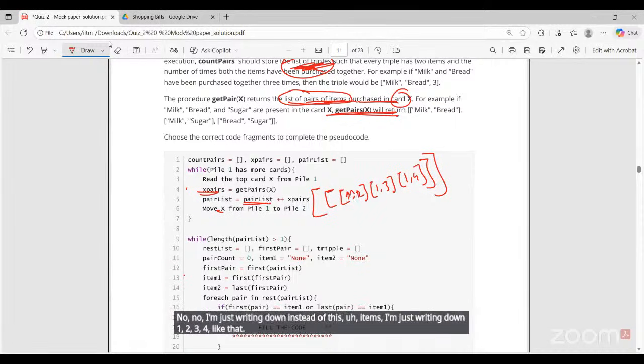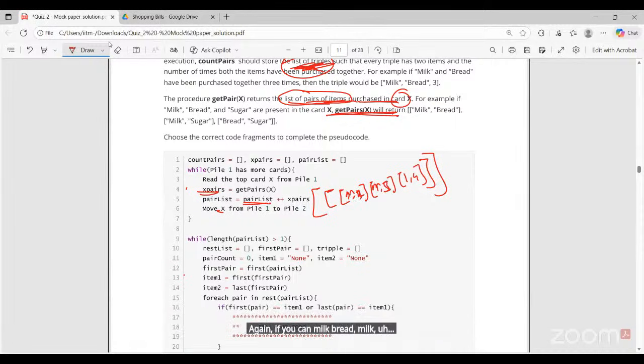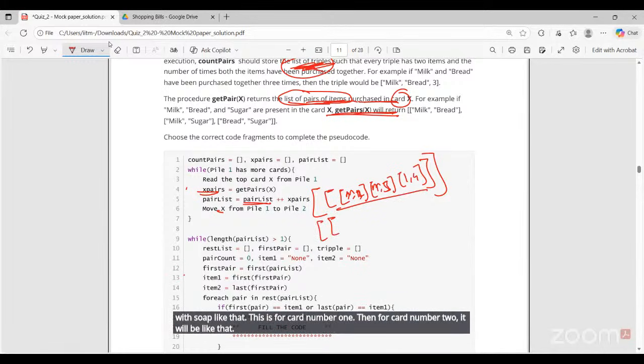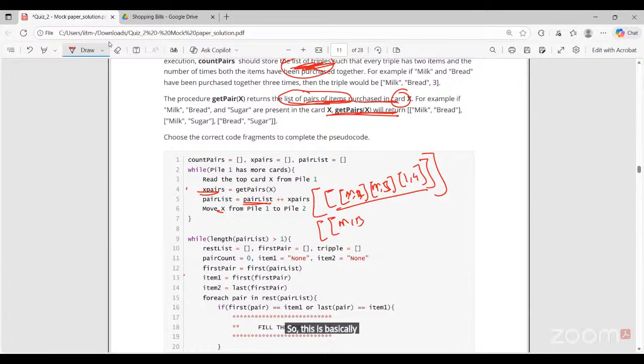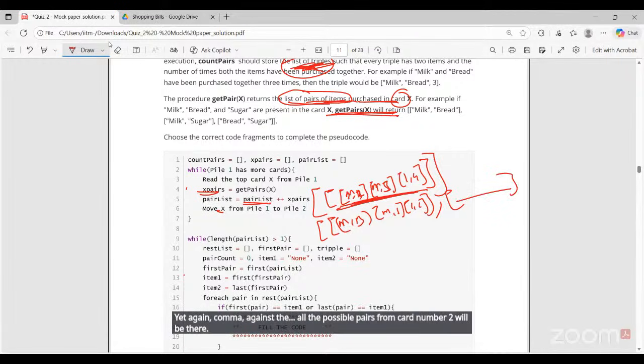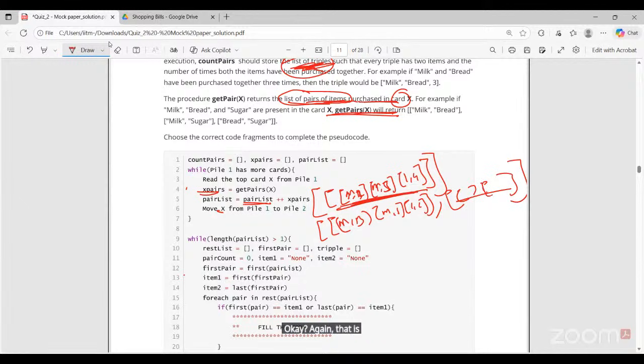Let's say, for example, milk, bread, milk with soap, like that. This is for card number 1. Then for card number 2, it will be like that. So this is basically again milk, bread, and we have milk, soap. Then again all the possible pairs from card number 2 will be there. Again, that is a nested list, so it will be 3 lists here. The outer list will contain what? For every card, the outer list will contain